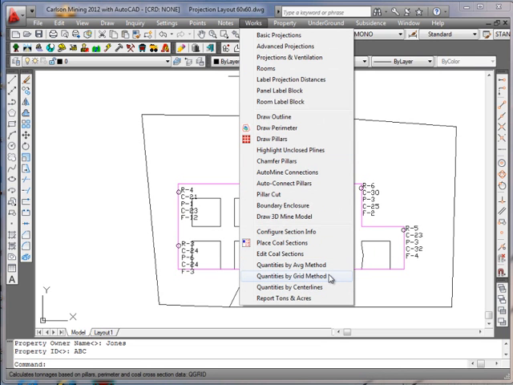Quantities by Grid actually builds a little 10-foot by 10-foot grid across the area and calculates the volumes, and then cuts the volumes with the line work of the pillars and the perimeter to calculate the tons. Quantities by Centerline requires that you leave the projection lines in and that you take areas at each coal section, and it will average the areas and then multiply times the sum of the projection lines of the center lines. In this method, we're going to use Quantities by Average,